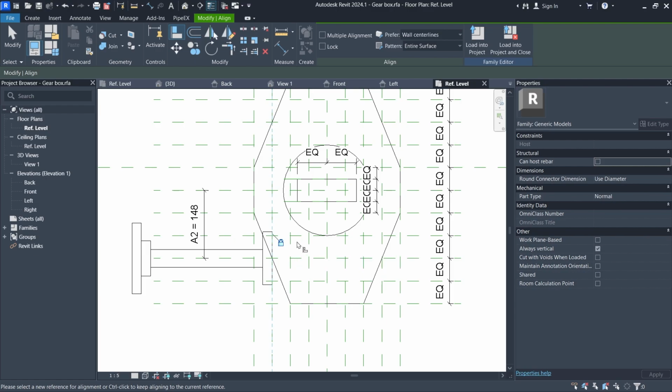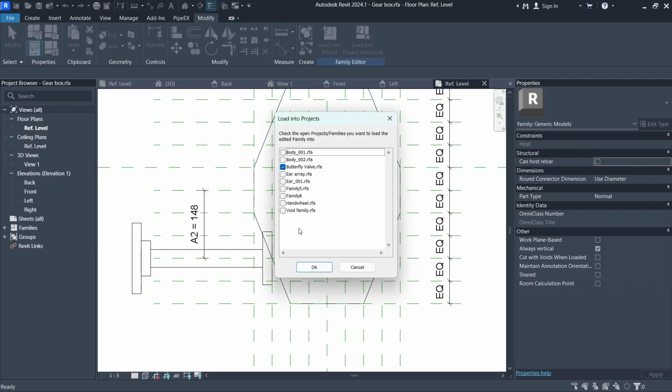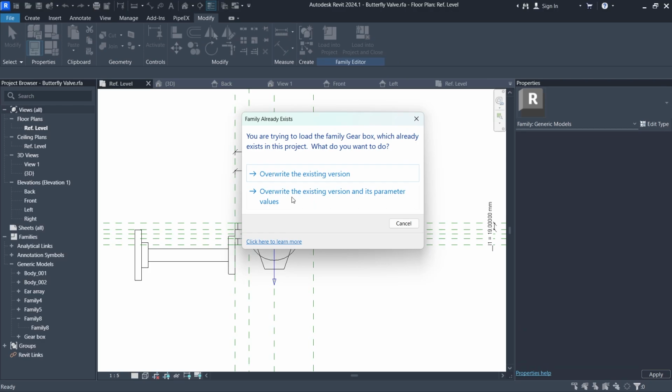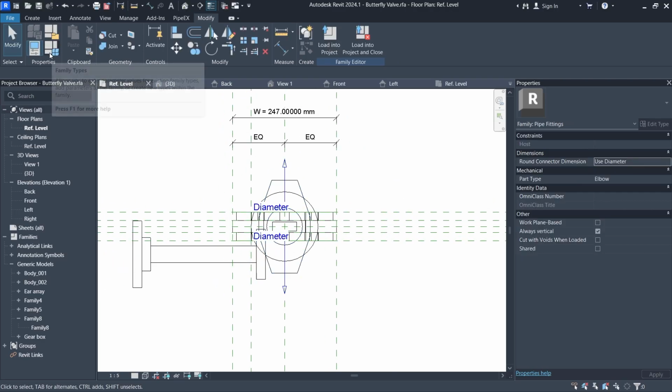The geometry didn't stay at place. So now we corrected it, and let's check if there is a, yes, so these two lines are aligned with each other, apparently. Okay, let's load it one more time. Overwrite, yes, now it's in the correct place at least. And we can